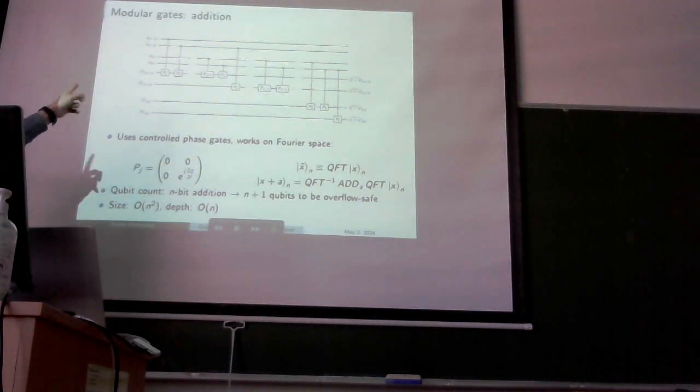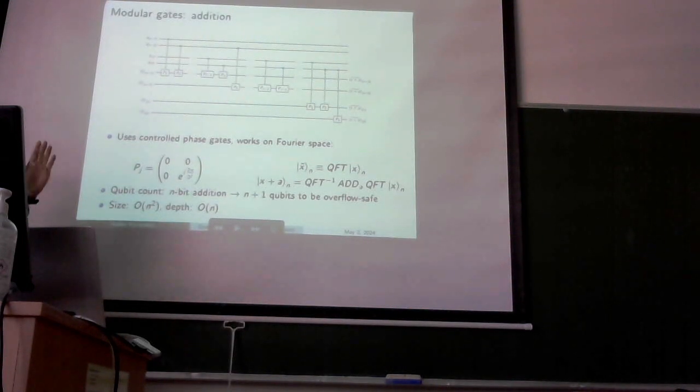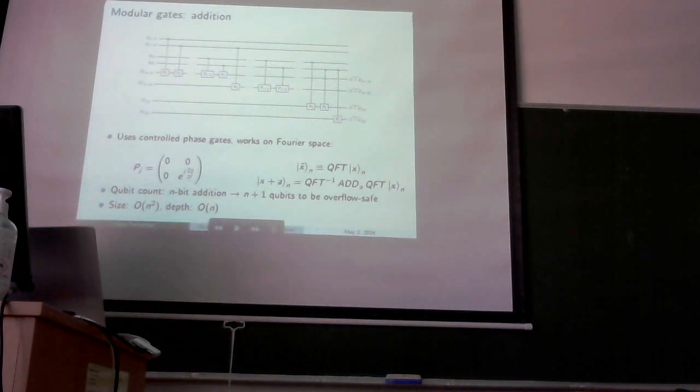These are the following phases in the circuit. The size, as you might see, is about n squared, but then you might notice that the phases, all the P1s, can all be run simultaneously because each one runs on a separate qubit, then the same for P2, P3, and so on. So the depth is actually O of n. And an important note, if we were to make addition of n-bit numbers with this gate, we would really need n+1 qubits to be safe from possible overflows, of adding numbers which are too big or maybe applying an inverse add and we would get a negative number. In those cases, we would really need an extra qubit to be safe from overflows.